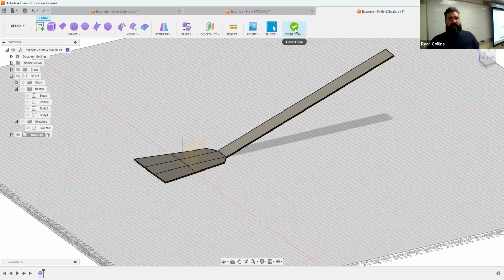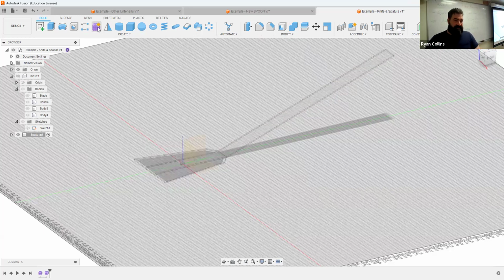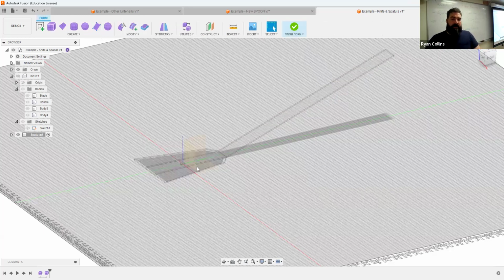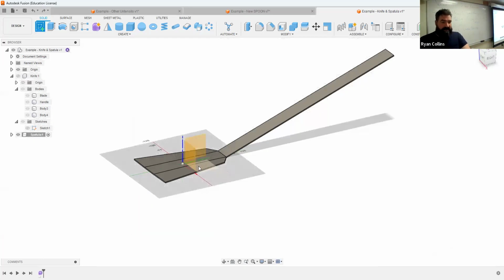Now, if I go to finish form here, I want to make a handle. But if I try to make all this separately, then move stuff, yada, yada, it just becomes a nightmare. So what you can do here is I'm going to create a form, but that might be more of a pain. Tell you what, instead of create form, there we go. This is where I could say create a sketch,